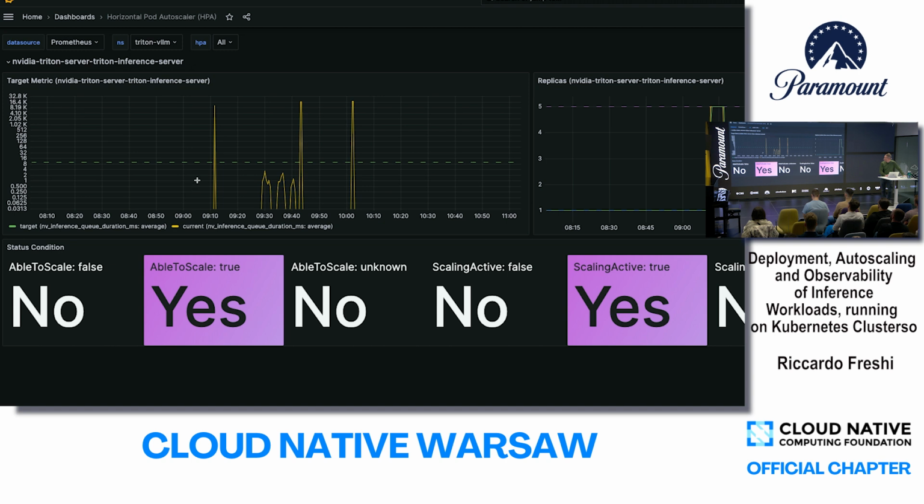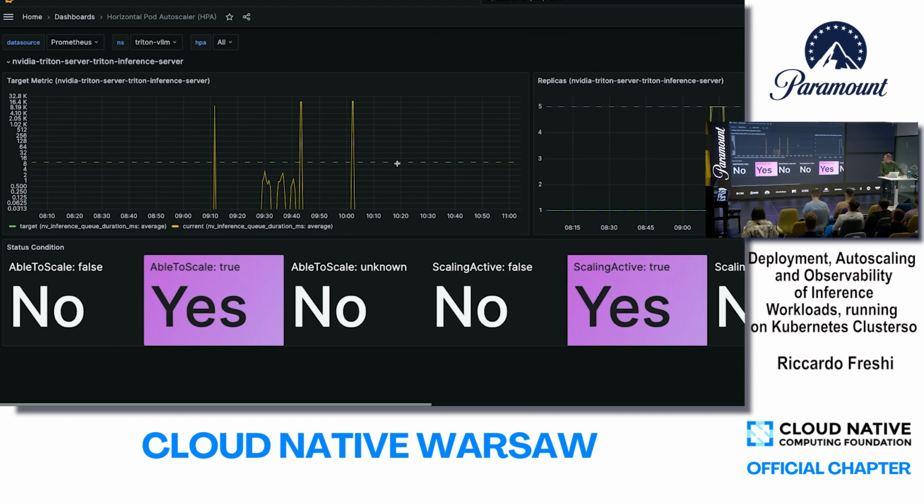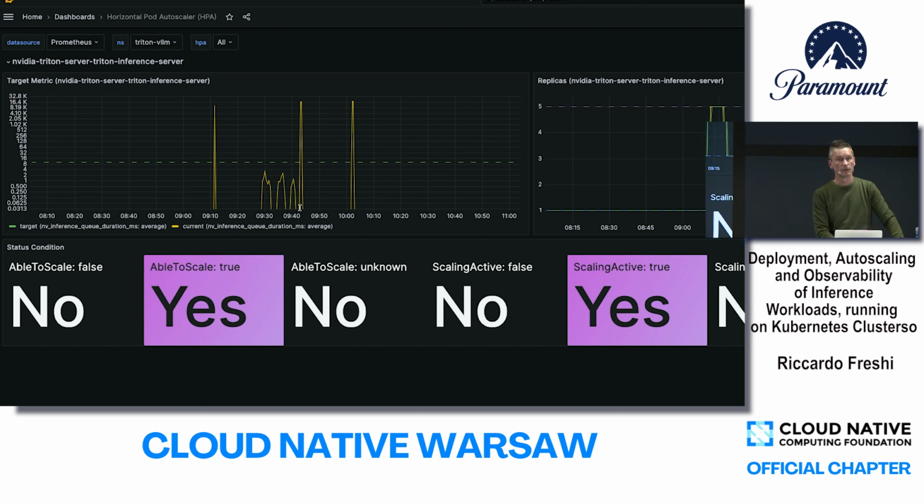When you see that there are spikes going beyond that line, that's where these scaling events happen. This is again the scaling of the workloads on HPA. 1, 2, and 3. These are lower spikes, but are not considered enough for the scale out of the workload.